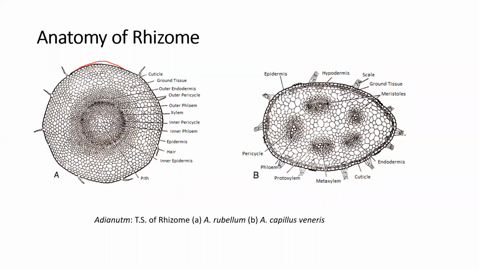Then after the epidermal region, there is a cortical region. The cortical region is a broader region. The major part of the anatomy of the rhizome is cortical region. This cortical region is made up of parenchymatous cells